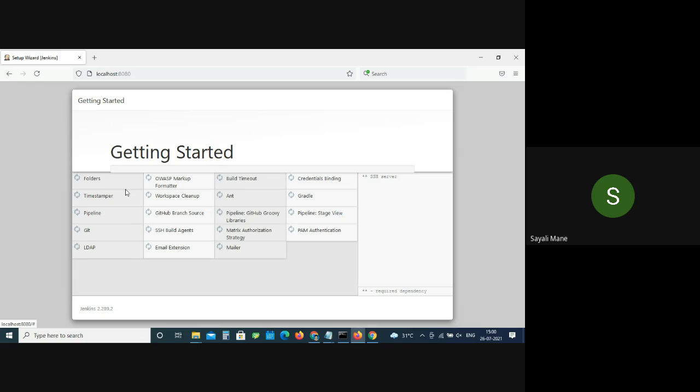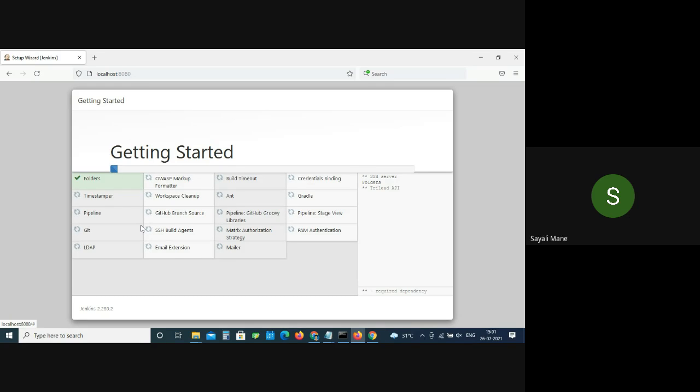See, because you are doing it for the first time, they will ask you for the administration password. In the next time, suppose if you uninstall Jenkins and try to reinstall it again, they will not ask you for these two steps, the plugin one and the administrator password. They will simply take you to your respective account.